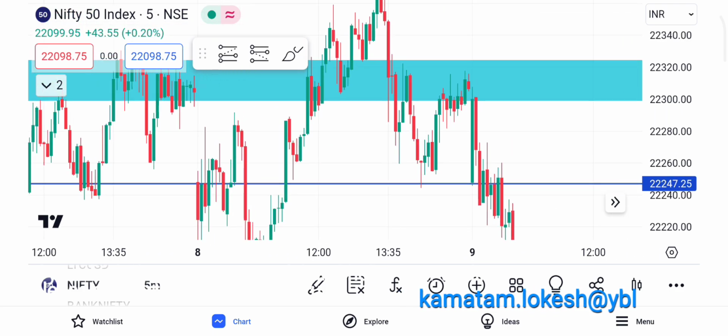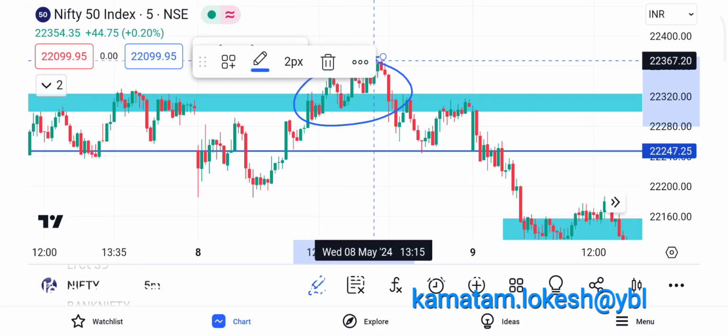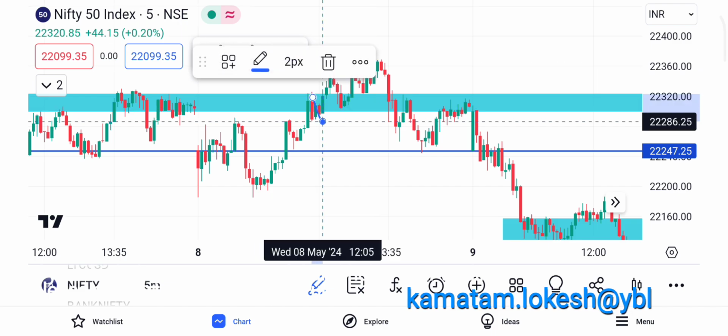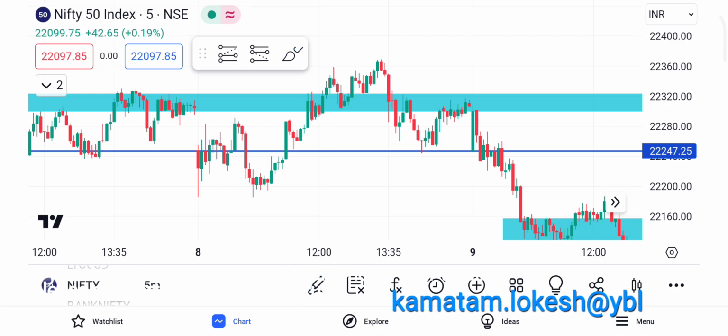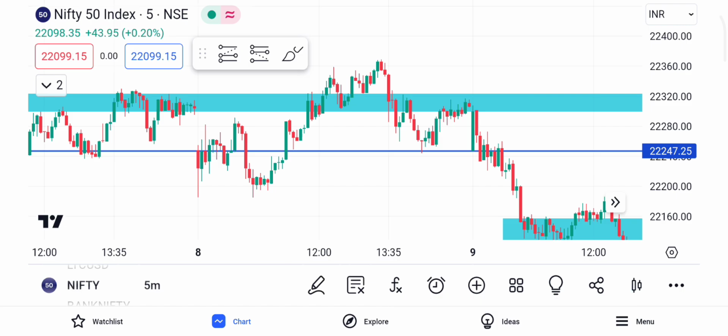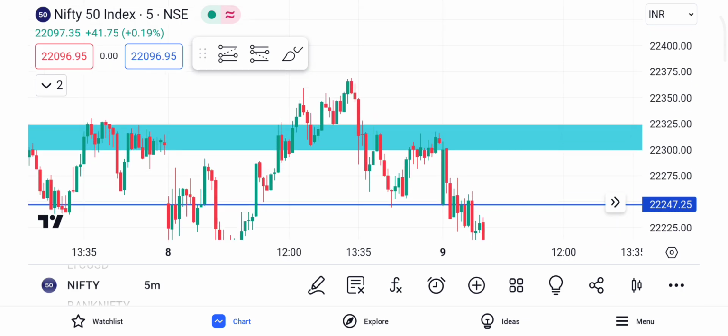And if you see, this may look like it's not working, and this part, if you see, this is not working. Maybe you may have taken a PE here and the stop loss hit. But what you have to understand is that when stop loss hits, it means stop loss hit hona hi hai. That you have to fix in your mind, because taking perfectly 100% accurate trades is highly impossible with the